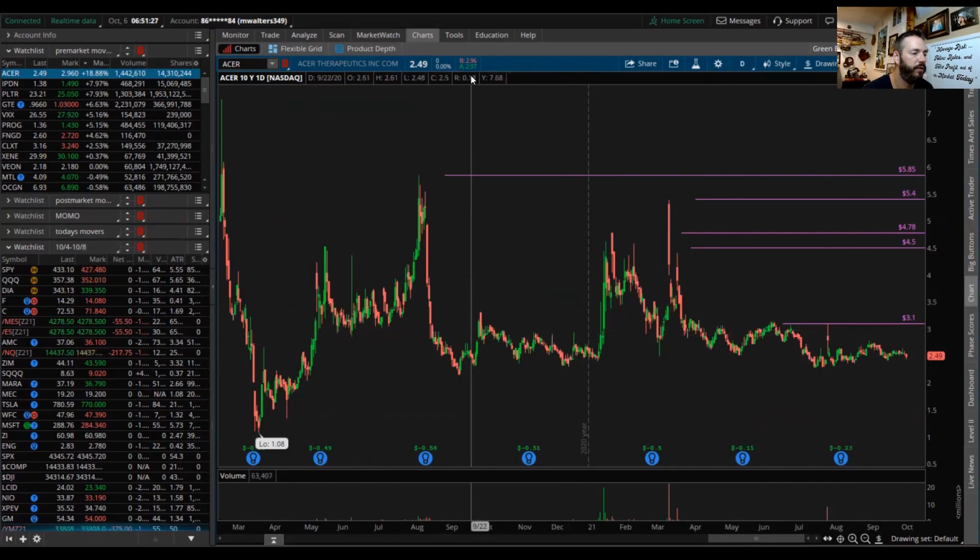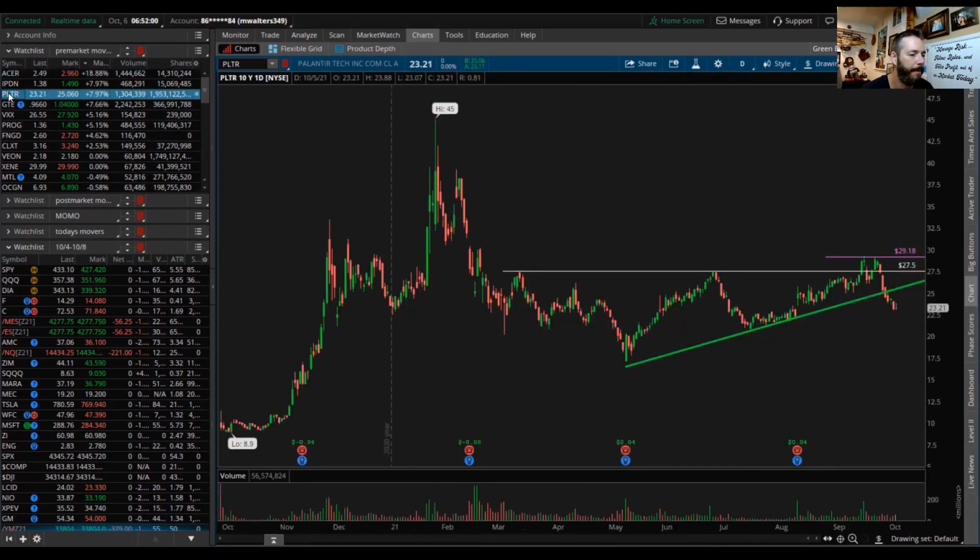So you're sitting at 297 now. You first want to see it break the 310, then you have room up to 450. There's just a lot of overhead supply here. These are the key levels of resistance that you might see along the way. I don't know if the catalyst is even that good. To me, it doesn't even seem like there's that many people interested in it, but it is still early. But this is what I like to do. So the top gapper, I want to see where the previous areas are.